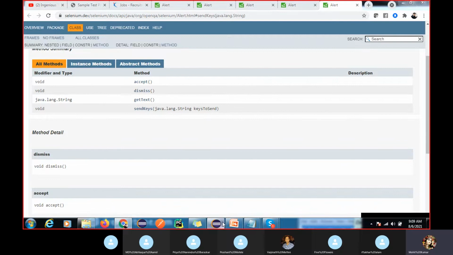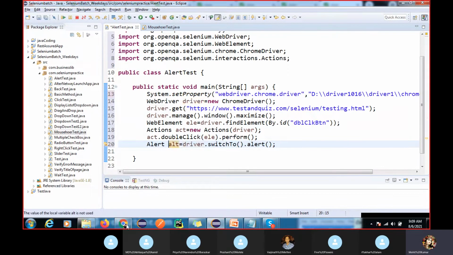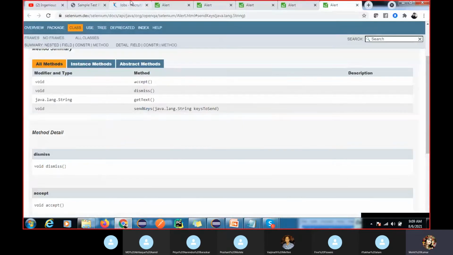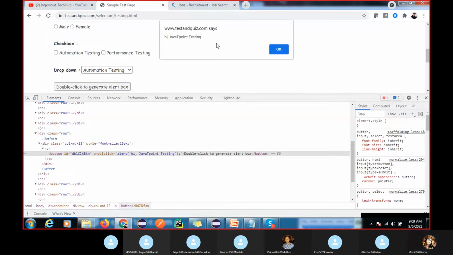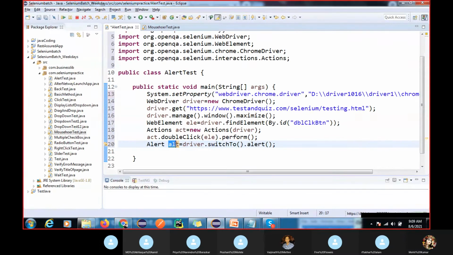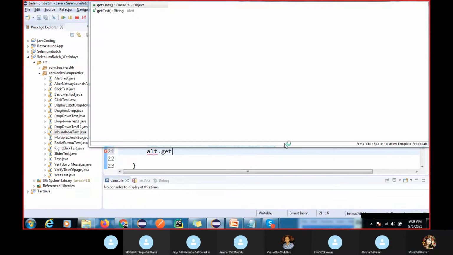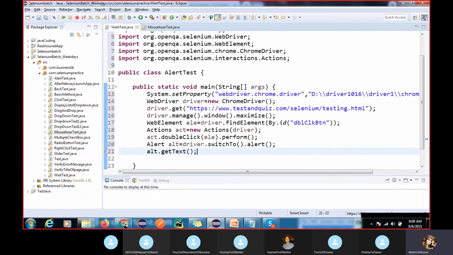Okay, so now what we are trying to do here. First of all, I will capture this text. So we will use alert dot getText.